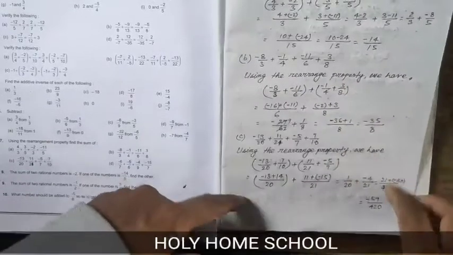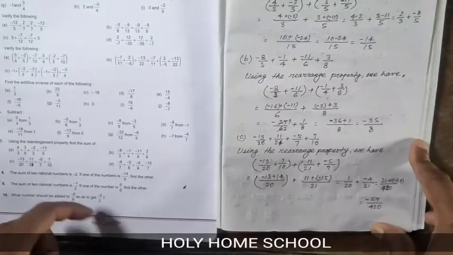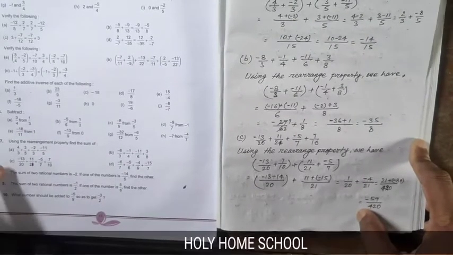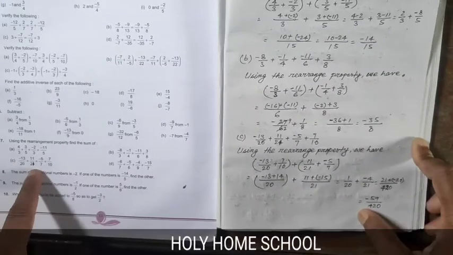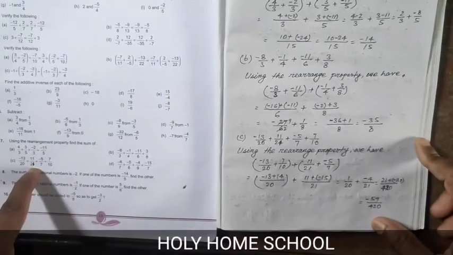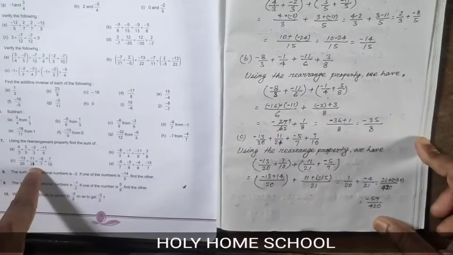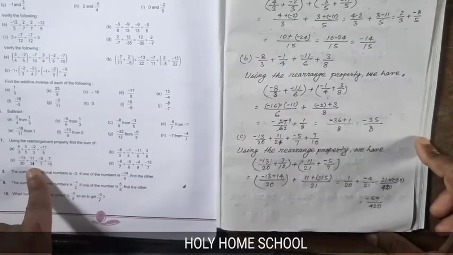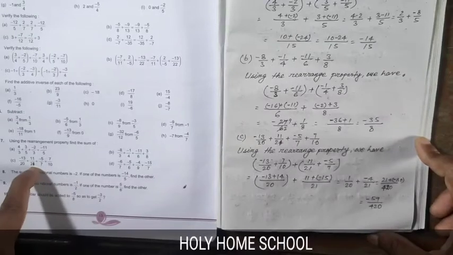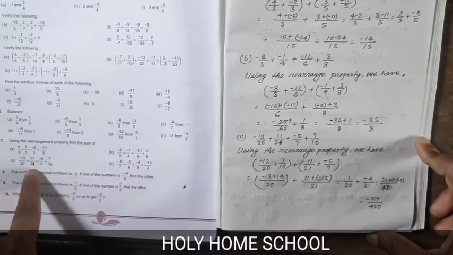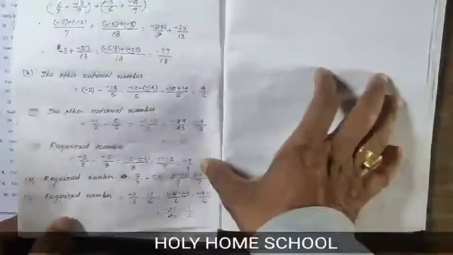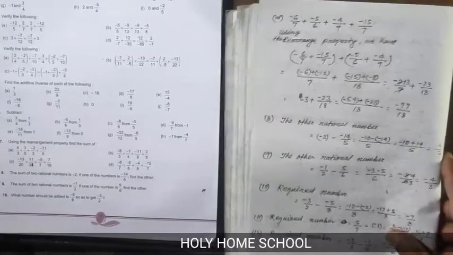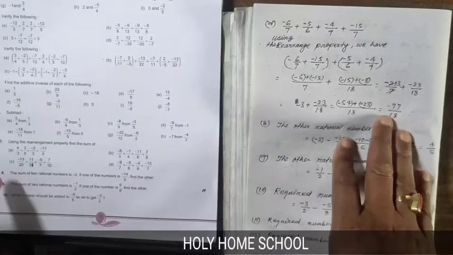In such a way, I have solved all the problems for you. See question number C, in which I have already made it 21, because here a wrong number is given. You will all make it 11 by 21 and solve it. In such a way, you may solve all the questions of question number 7 D.